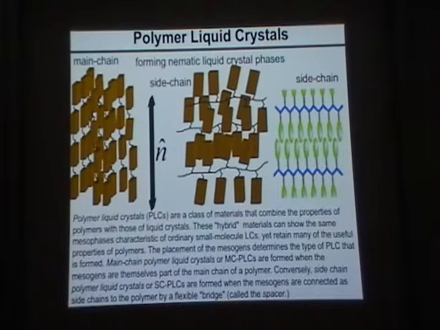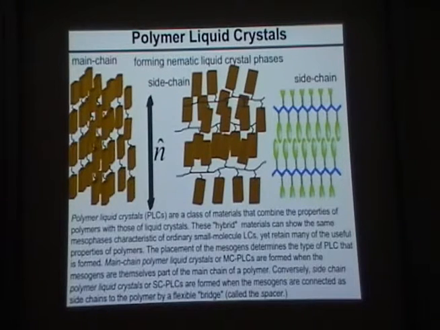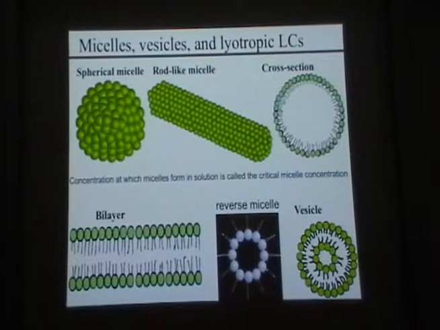So in this case, the only difference is that the molecules are linked with respect to each other because they are connected to the polymer backbone somehow, right? And so again, a huge variety of phases, a huge variety of different possibilities for applications. Now, you can also have